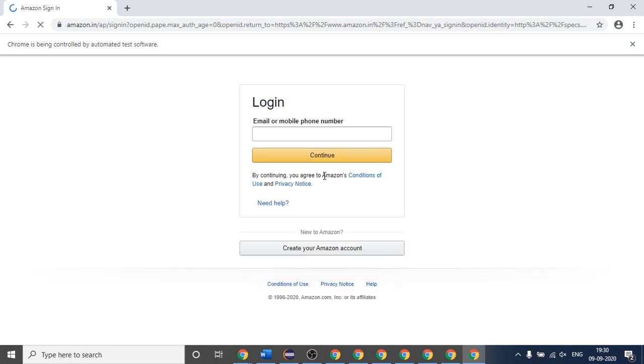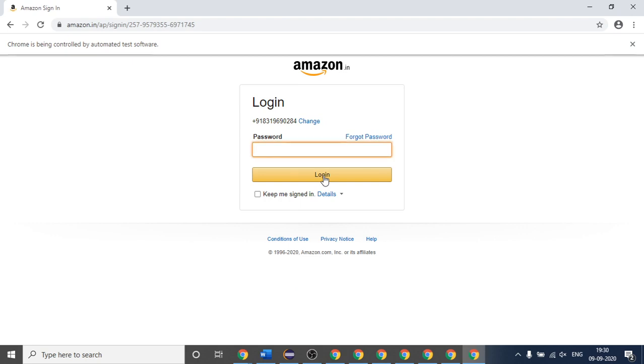It has also clicked the continue button, but we are seeing some error because that number is not registered. This time we will see it will be able to click on the continue button, and we will be directed to the password page. Let us wait and see what will happen. See, this is the number, and it will click on continue button. The number is registered, so we are redirected to that password page. But this we have already seen in this section.